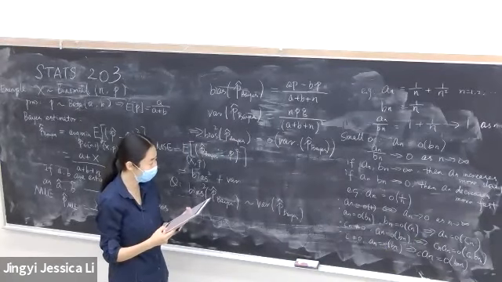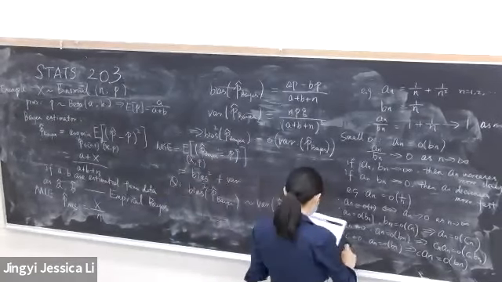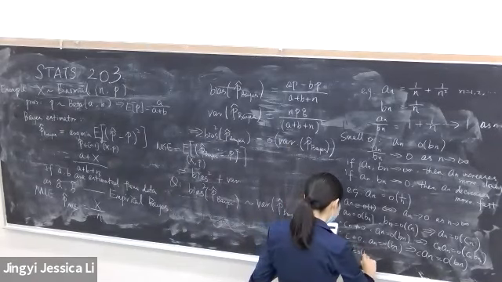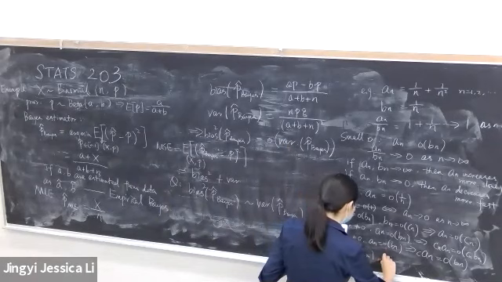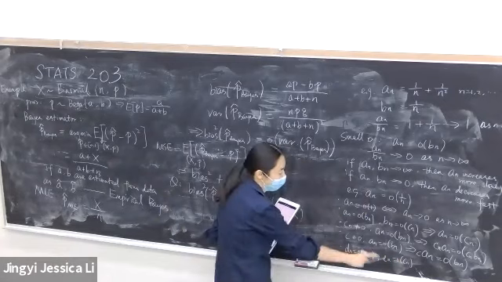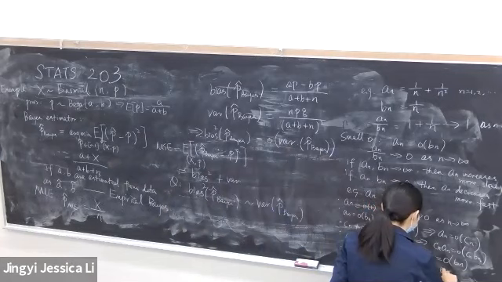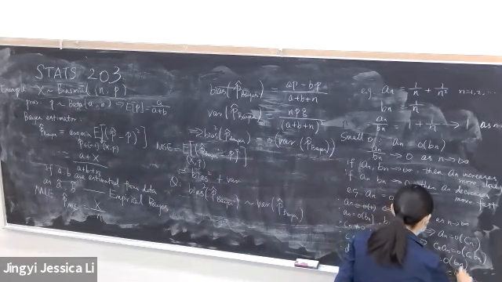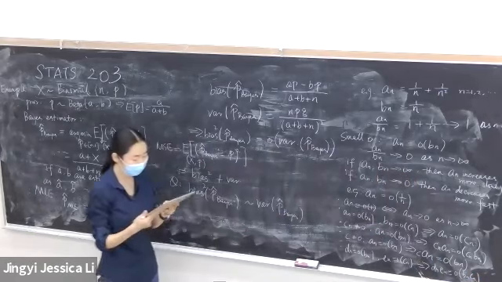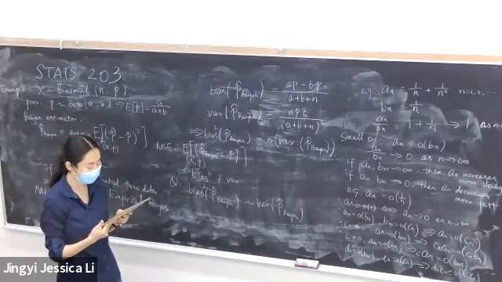Okay, finally, it's about multiplication. If dn is small o of bn, and en is small o of cn, then I can multiply both sides. So I have dn en is small o of bn cn. All these things are quite straightforward and you should be able to verify them yourself.